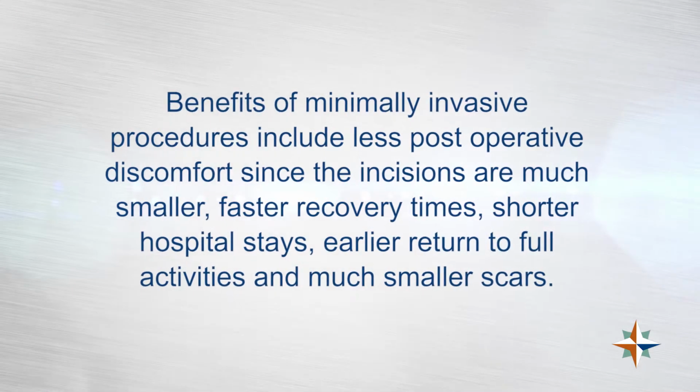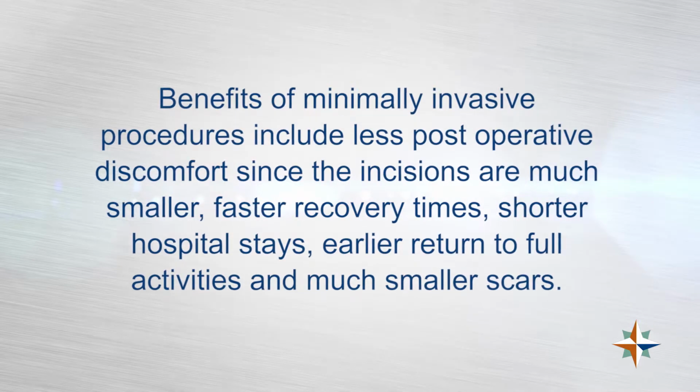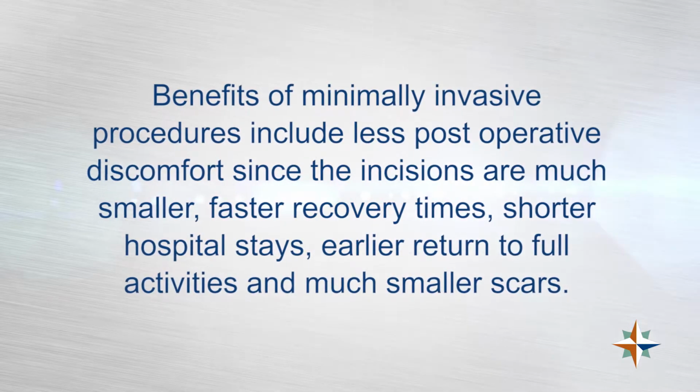Again, after discussion with the patient on which route we're going to choose, some patient may benefit better from a robotic approach with a single site incision, which means you only have one incision around the belly button. Some other patient will get a laparoscopic cholecystectomy, would be 3 to 4 little incisions. Those technique will minimize your pain, and if you came in as an outpatient, then you'll be able to go